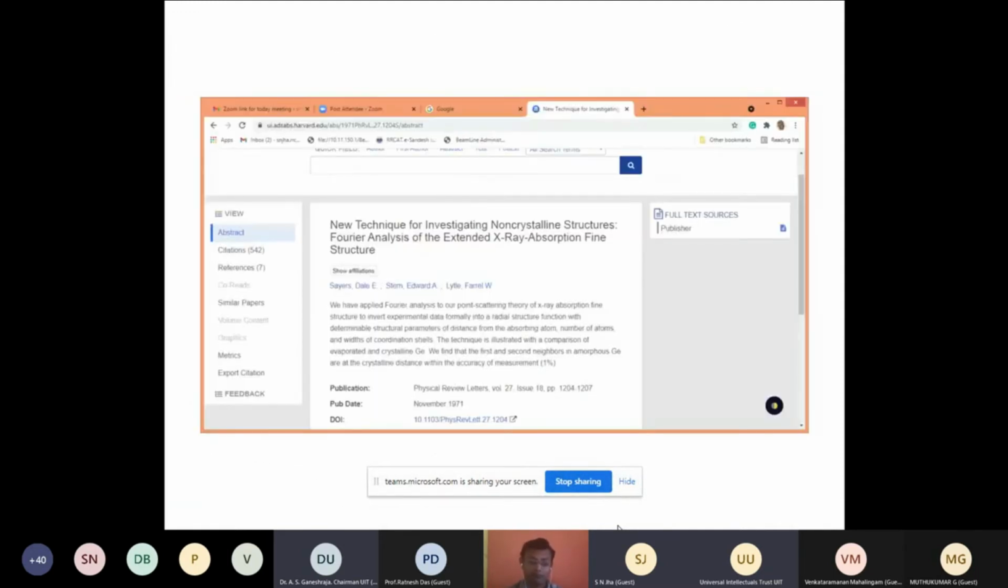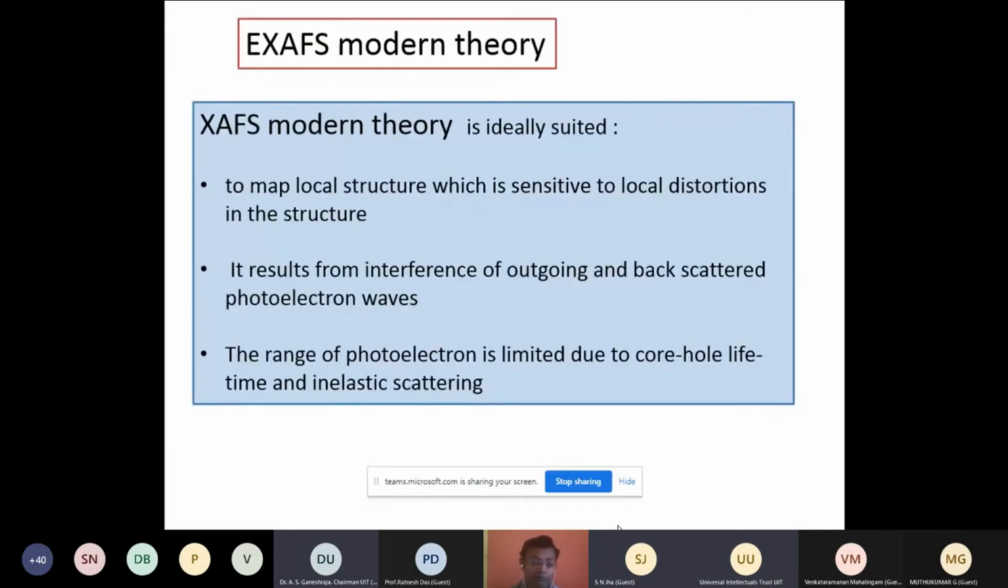So this was the paper which revolutionized the EXAFS technique. The title says it is a new technique for investigating non-crystalline structures: Fourier analysis of the extended X-ray absorption fine structure. And so with this modern theory, it was ideally suited to